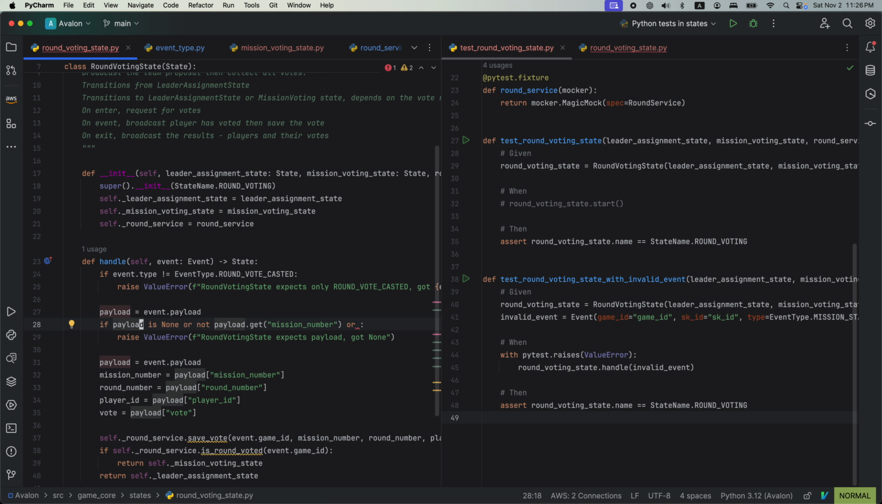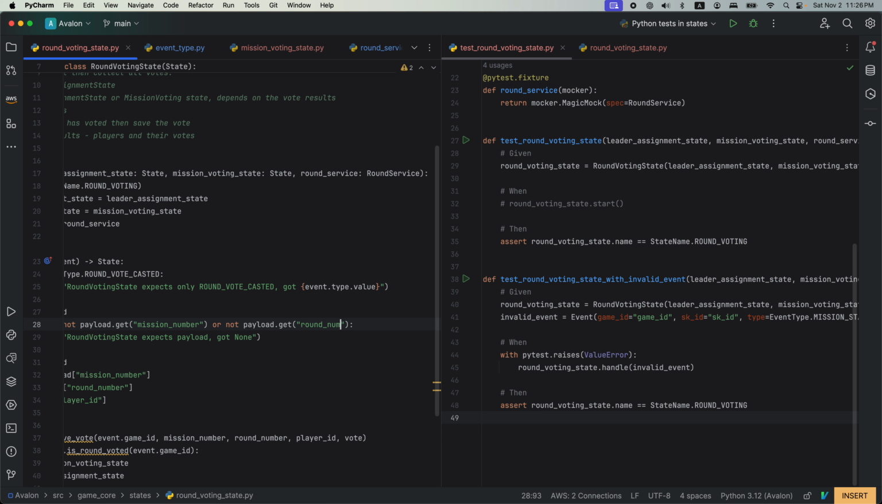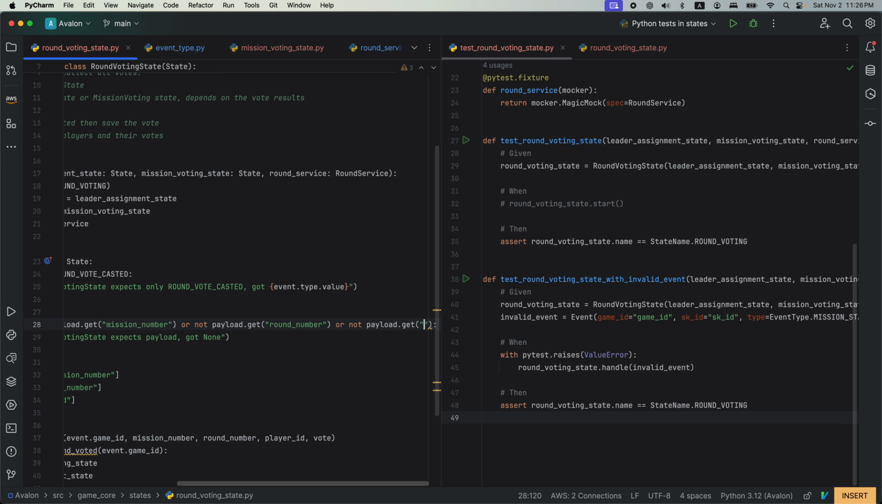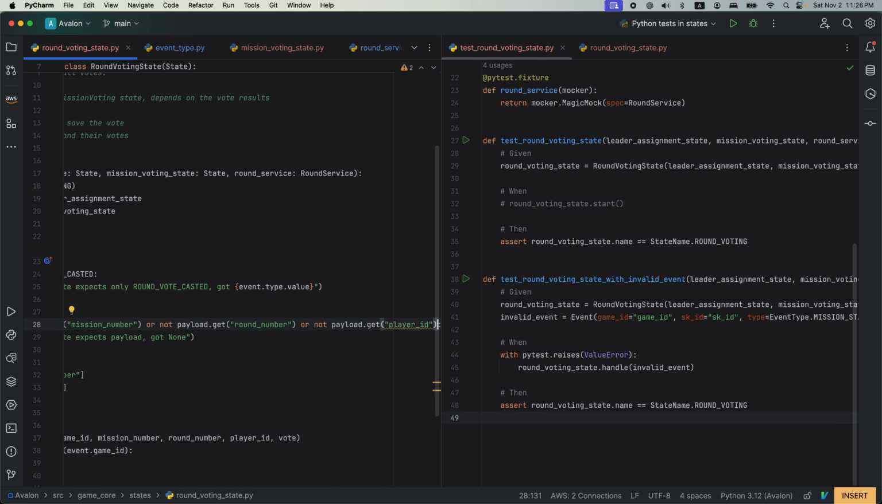If payload is none, or we can't get to the mission number, or we don't have the round number, or we don't have the player ID, or we don't have